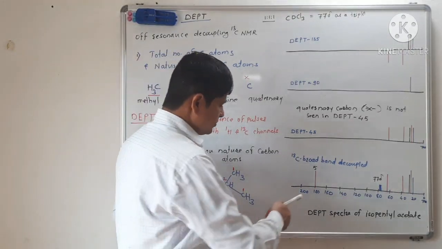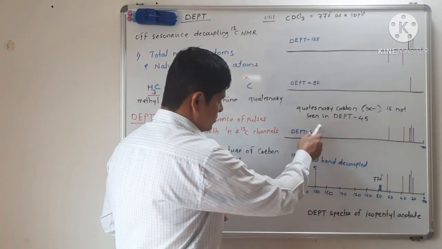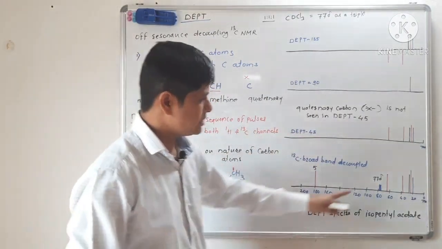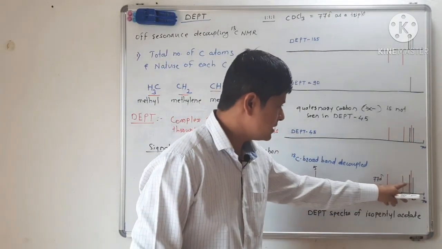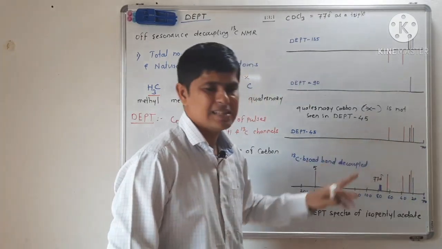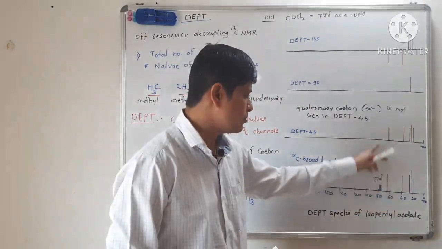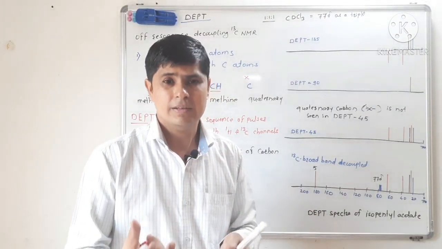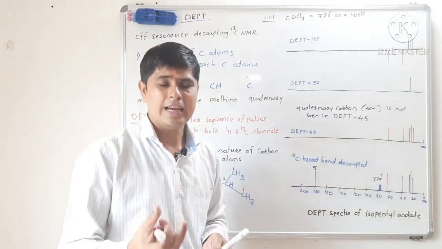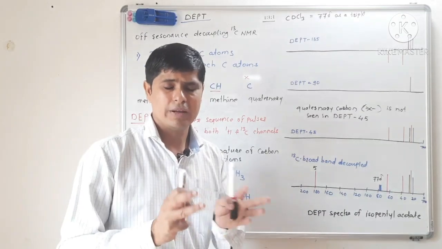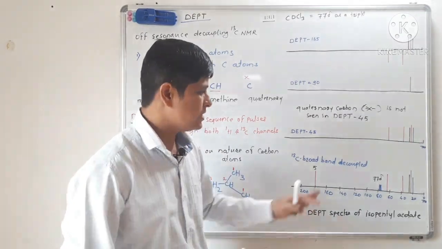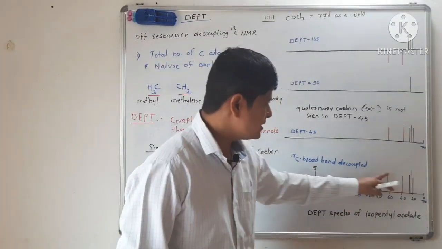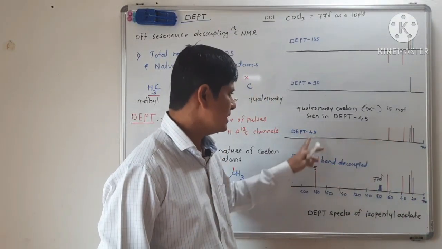So see, this signal is not looking here, isn't it? Rest of all the signals, these 3 and these 2, all 5 signals are looking here. CDCl3 is also not looking there, because deuterium is a different nucleus than proton. So we are not worrying about the solvent here, we are just worrying about our sample. Rest of all the signals are looking here, only this signal is not looking here.